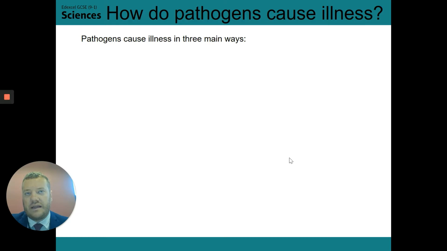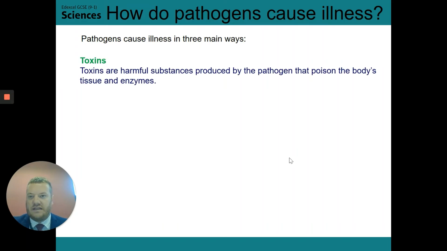So again, as well as having 4 main types that you group a pathogen into, you can also group a pathogen in terms of how it makes you ill, okay? So one of the ways, and this is predominantly bacteria, but not all bacteria do this: while going about their business, the pathogens will produce waste products in the same way that we do when we're doing respiration. And sometimes some of these waste products are poisonous, okay? So we call them toxins, and as the name suggests, they're toxic to us.